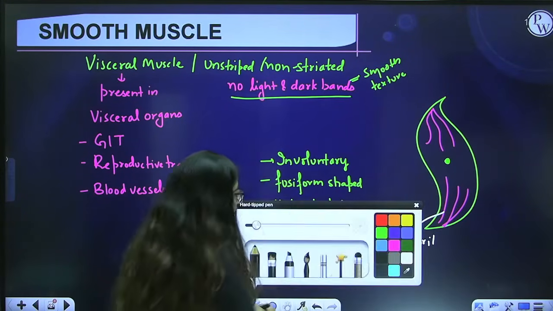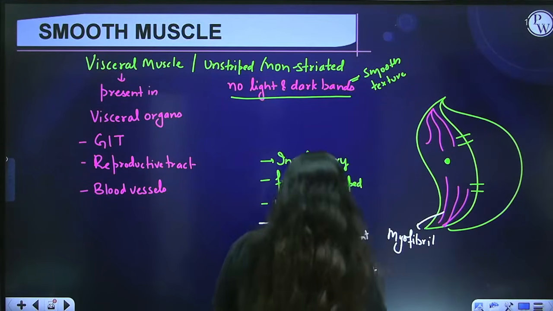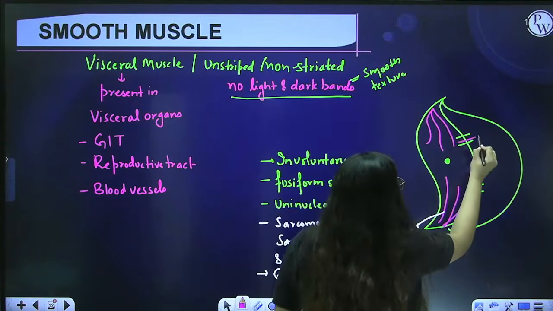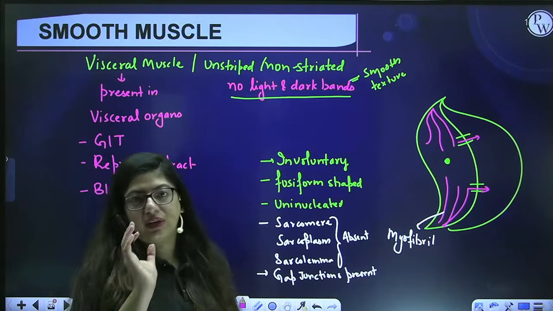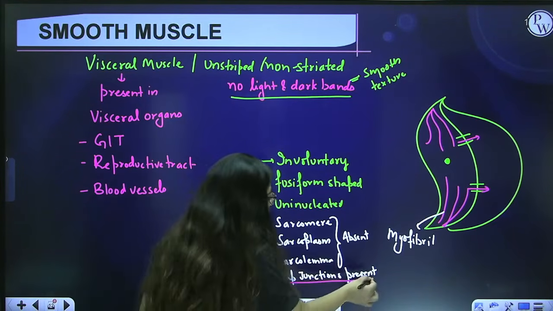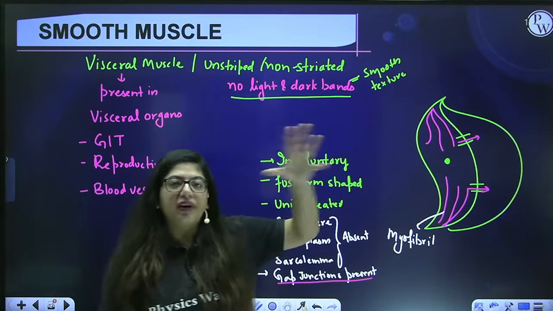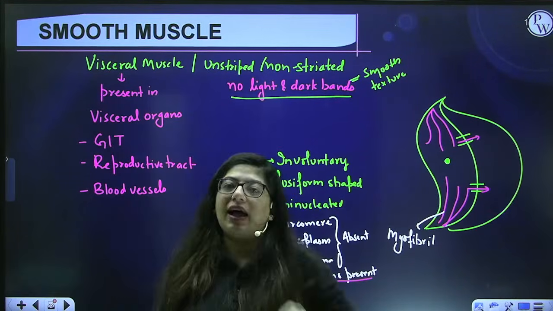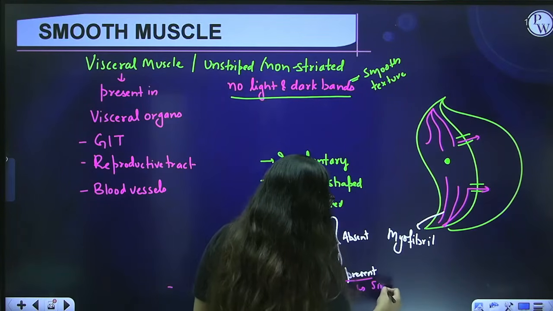For example, if there are two smooth muscles and they have a gap junction in between, they can work as a single unit. Here, the information can be transferred, or a nerve impulse can be transferred, very easily. One will get the neuronal signal, the other will send it to another one, and they will contract together as a single unit. So gap junctions are present in the single-unit type of muscle.